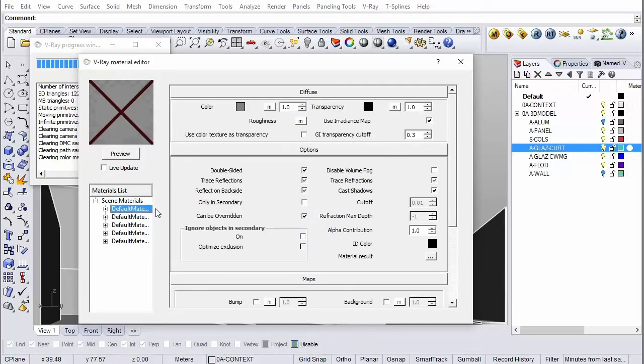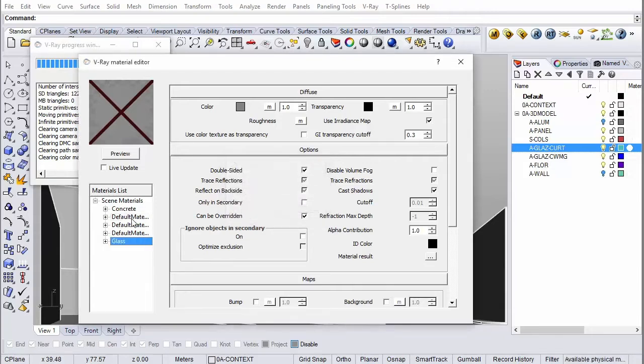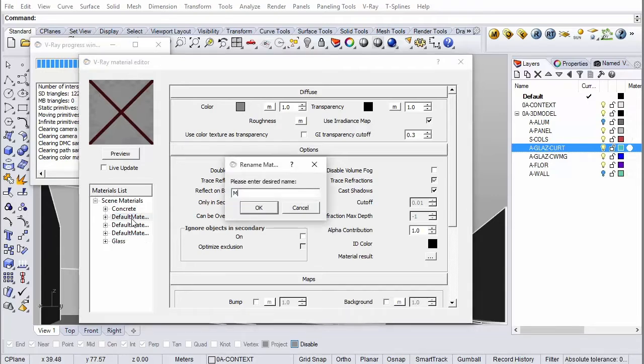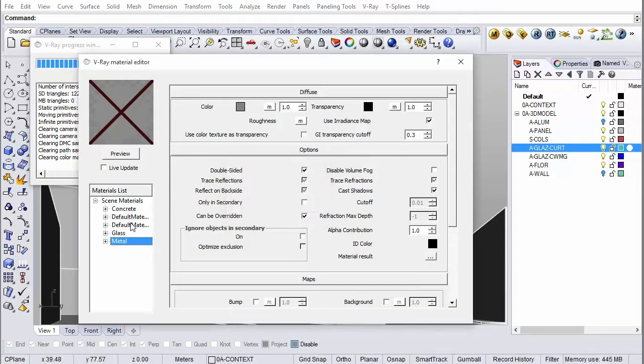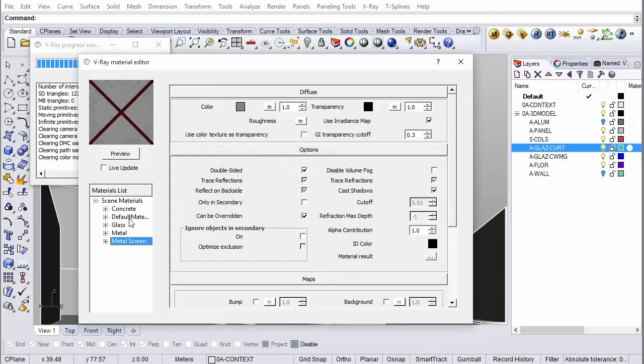And just rename them. So that's going to be concrete, glass, metal, metal screen, and grass.